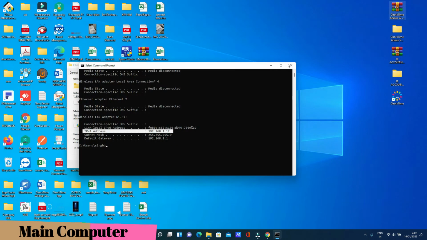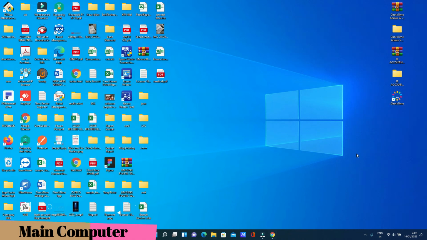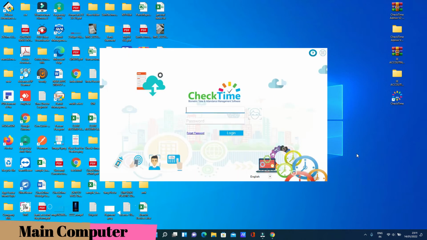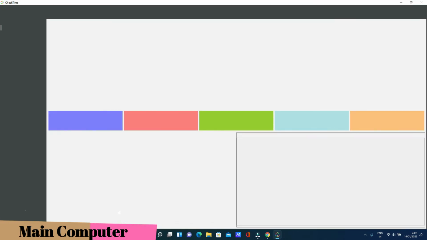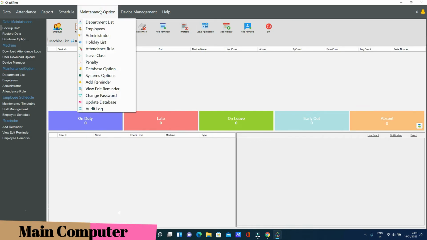So now we can open the Checktime software. Then we go to the Maintenance option, then the Database option.